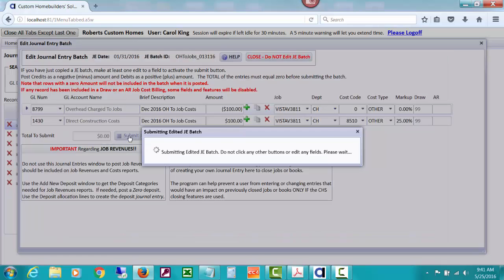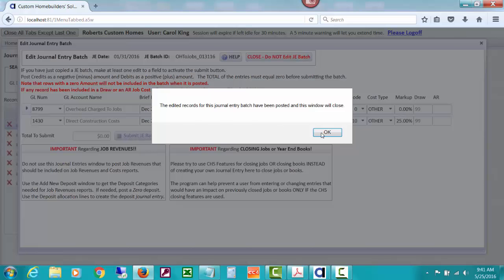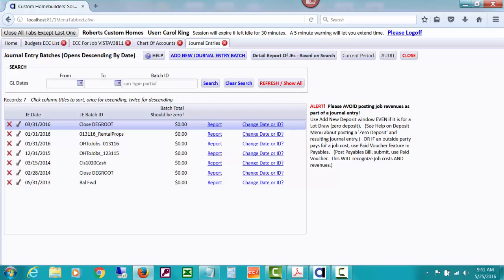So let's submit that batch. And since we were on the edit window, the other window to keep copying closed. But now you can see these are sort of descending, the latest entry at the top. We've made some later entries actually, but you can see these two entries. And you can